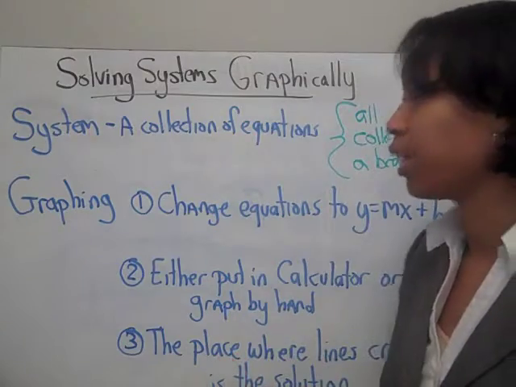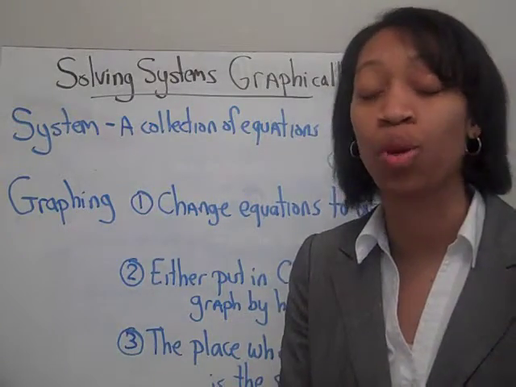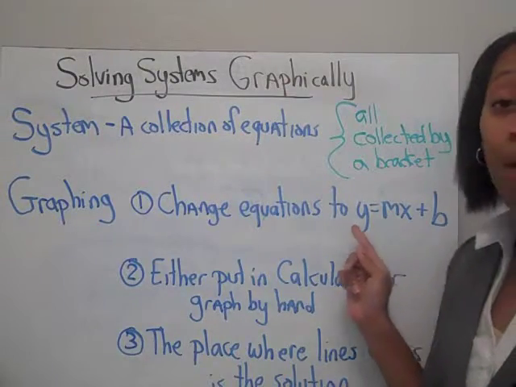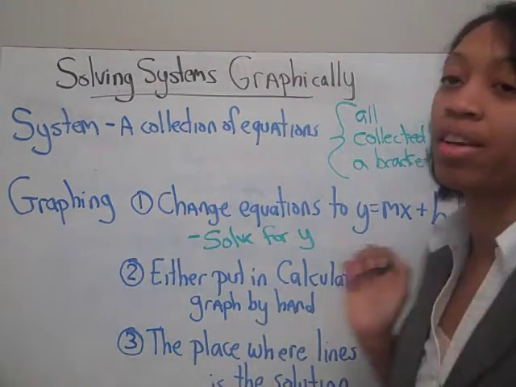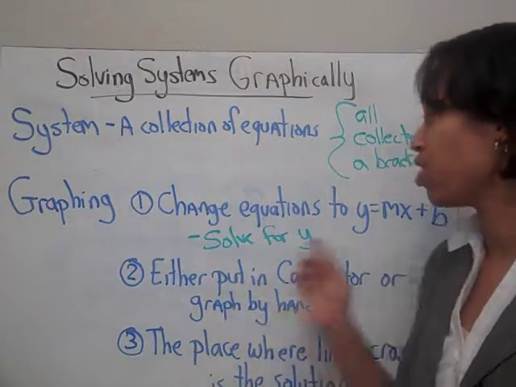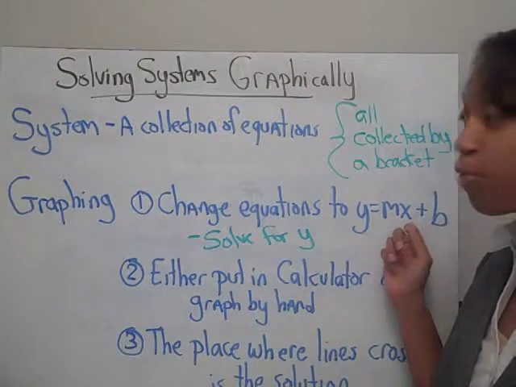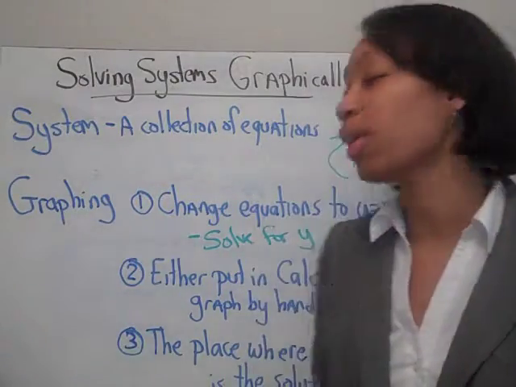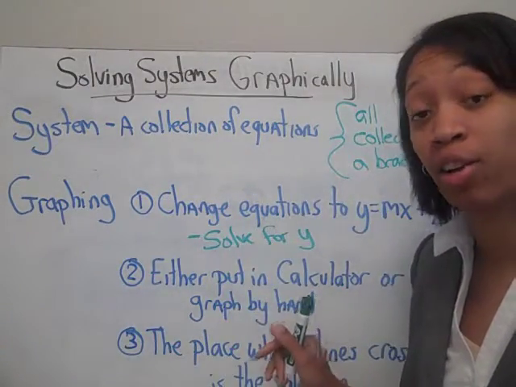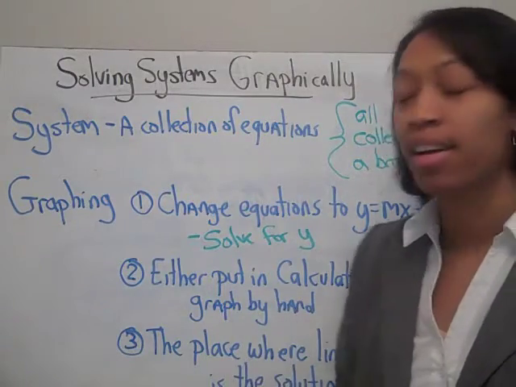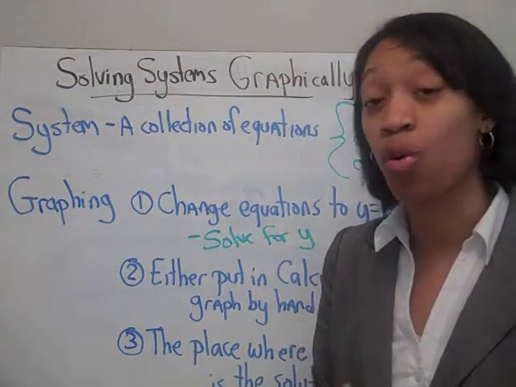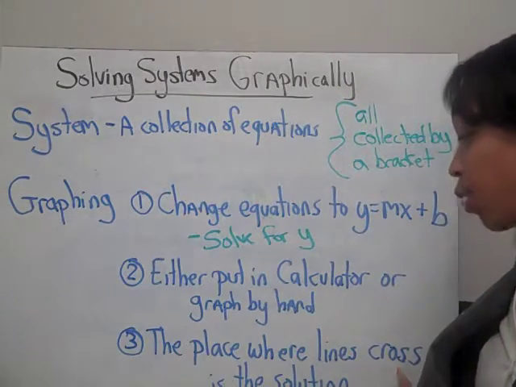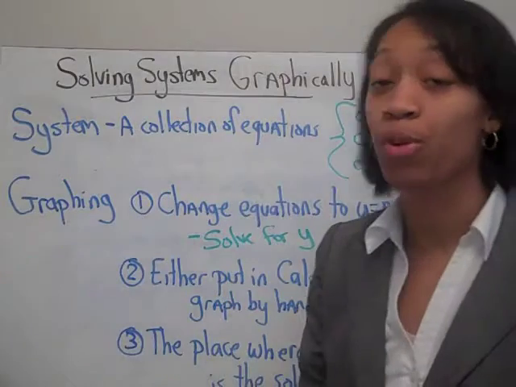When you're solving graphically, you need to change the equations into y equals mx plus b. In other words, you need to solve for y. Then after you have the equations in slope-intercept form, you can graph. You want to either graph it by putting it in your calculator or by graphing it by hand. Either way, you're going to draw that graph. Then, after you've drawn it, the place where the lines cross is the solution. When you solve graphically,